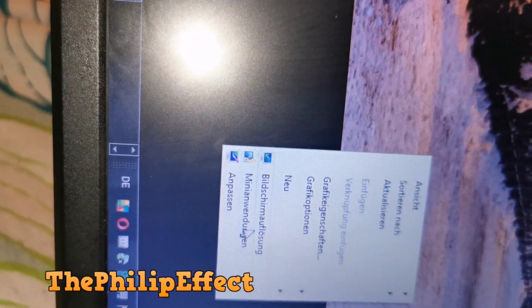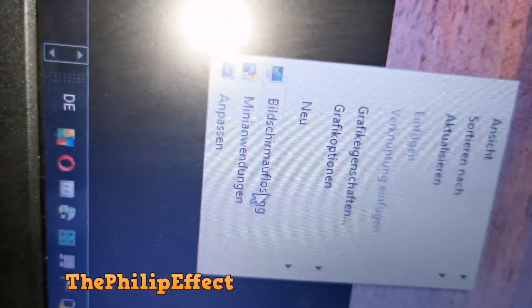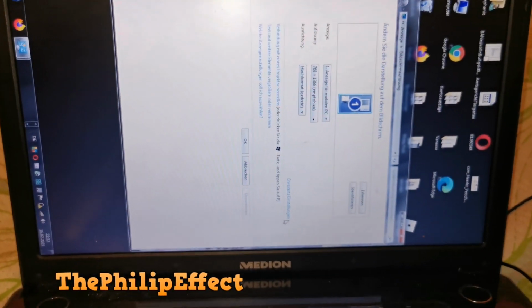Then you want to go to this logo here, you click on that, and then you see this option. Let me go back so you see it better. So it will look like this. You just need to click on